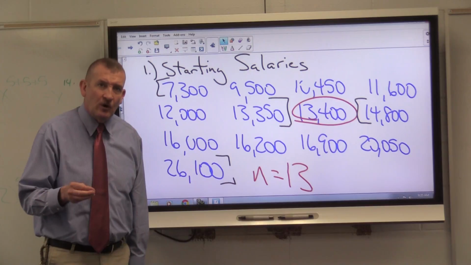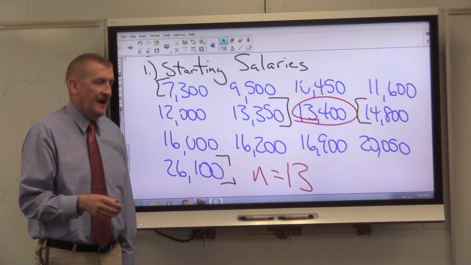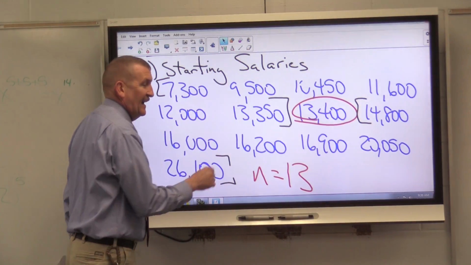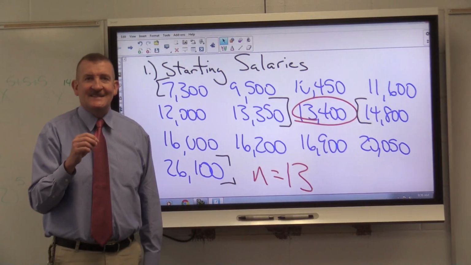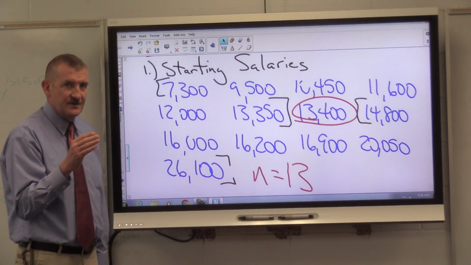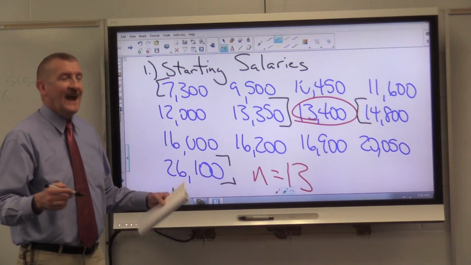Remember, the lower quartile is the median of the lower 50%. Well, let's look here. 1, 2, 3, 4, 5, 6. I have 6 numbers in my data set. 6 numbers. So from our previous lesson, the median is the average